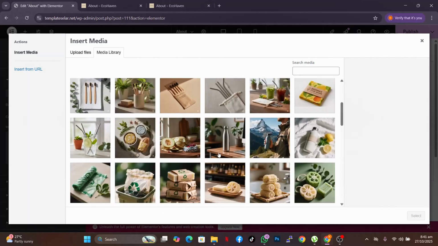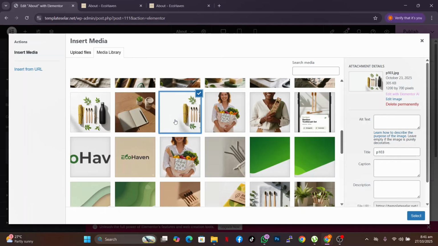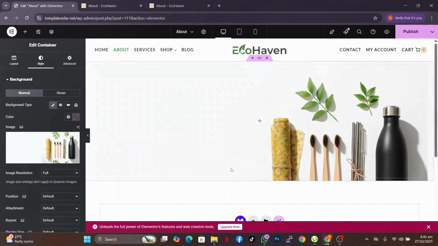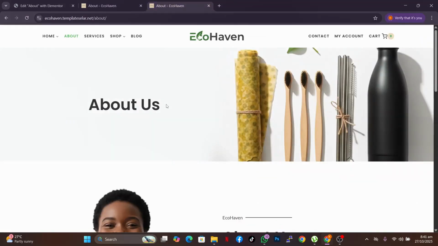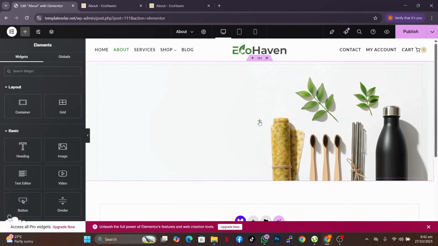Now we're going to use this particular background image over here, and I'm going to just put it over here. As you can see, it is the same thing as this one, and we're going to just copy this one, and we will add